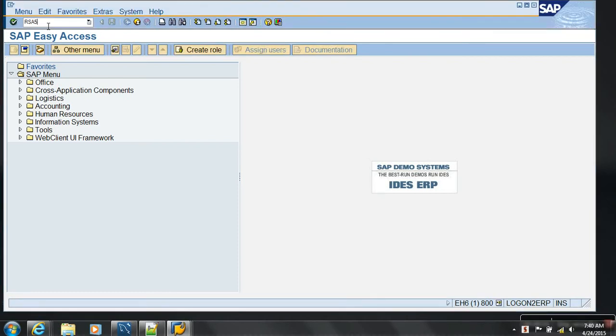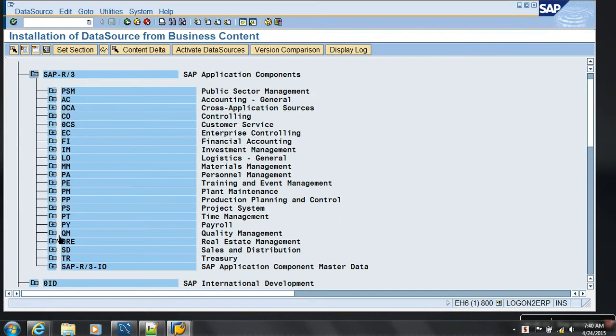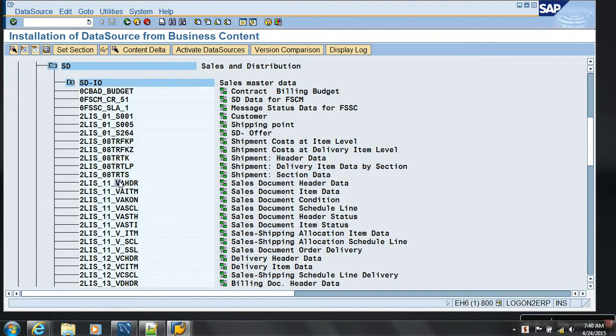I'll go to the pre-code, what? First RSFI, for what? To install, because the LO data source is ready-made, delivered by SAP, so I need to install it. Say F5. So I would like to use the same data source. We select this data source and say what? Activate data source. Done.